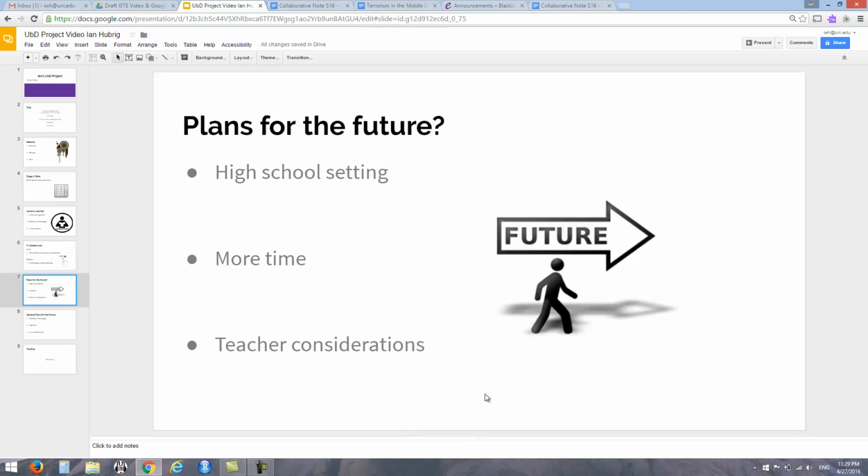For the future, I definitely think this is a lesson for a high school setting. Being lesson specific, it can work in 7th grade if you use a teacher like me, but as I'm supposed to be in a tech integrationist role, it wouldn't necessarily come down to that. I would need to spend more time with this for sure, because the average time for this to really be fully functional is 3 to 5 years. So, looking at that plan to get it really refined, I'd be happy to spend more time with this. Also, teacher considerations are a big thing. You have to know who your audience is. So I wouldn't necessarily limit myself to just the role of social studies.